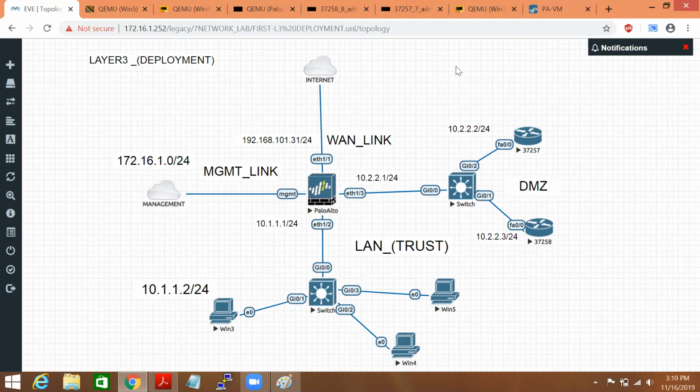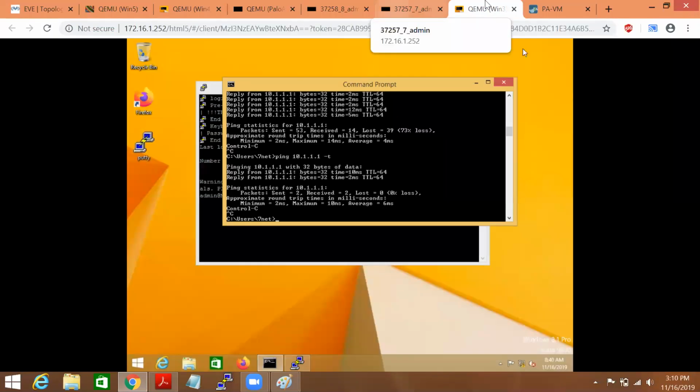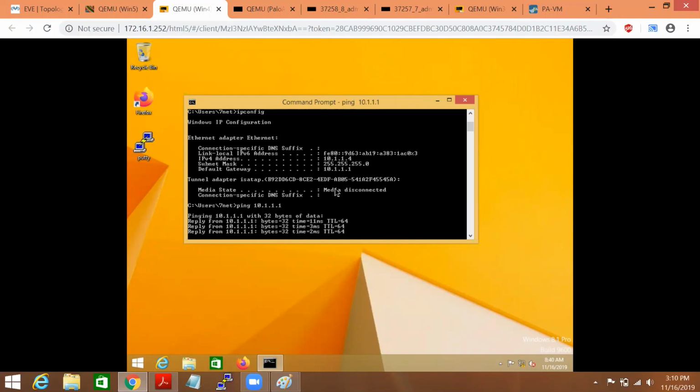So the very next task, we'll have to verify the log also, like which policy allows my traffic and how exactly it looks. So let me try to ping it from the machine, which is 10.1.1.4. You can check it is working fine.